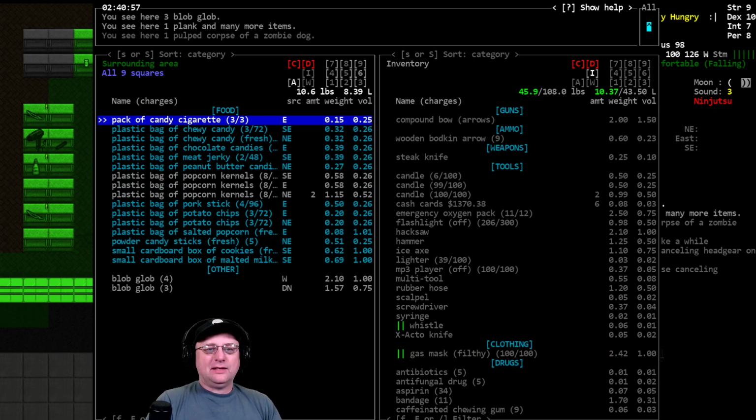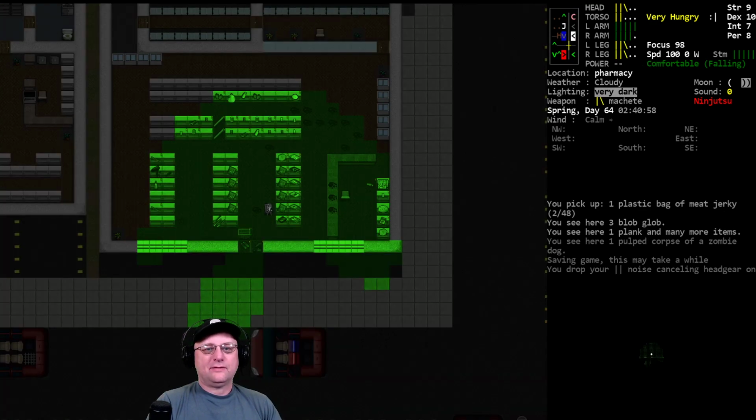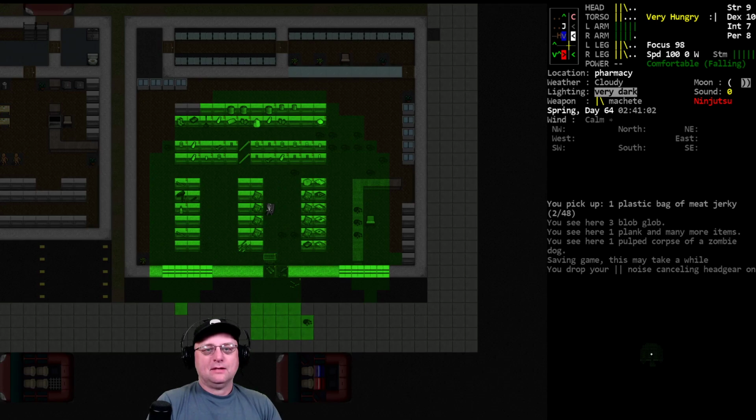Alright, what do we got? Candies? Yeah, like I said, I got Gamma Goblin shots. Whole bunches of them, so we'll... Yeah, let's use this as a last resort. This is all candy, right? Yeah, it's pretty much all candy. Let's hold off on